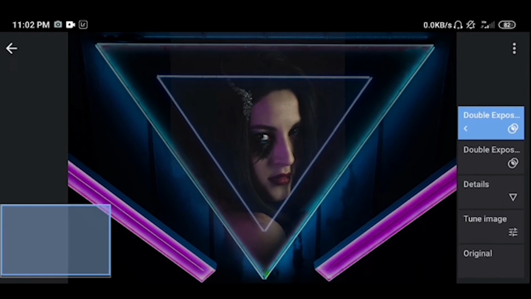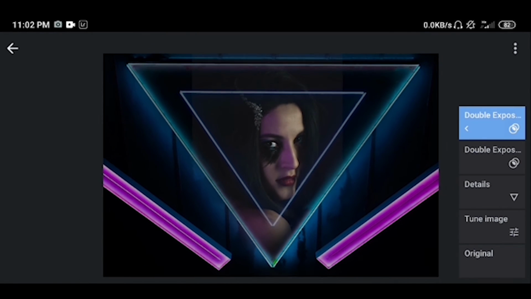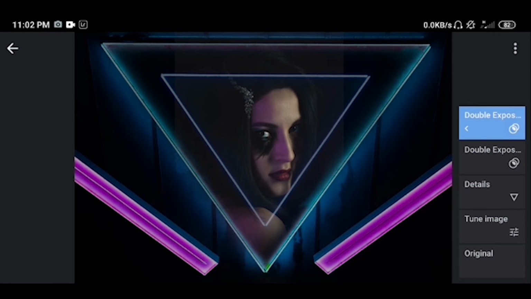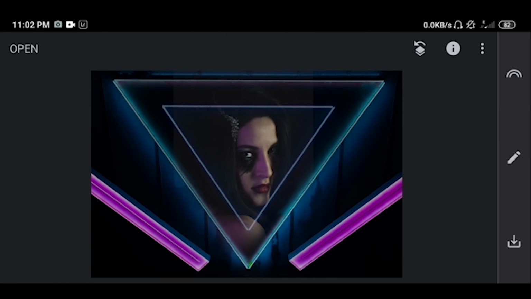Now click on OK. Now you can see how our image looks.